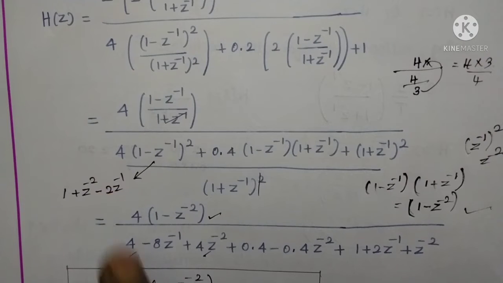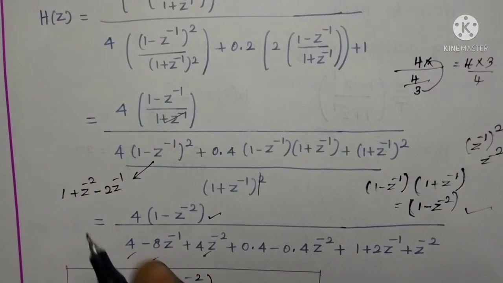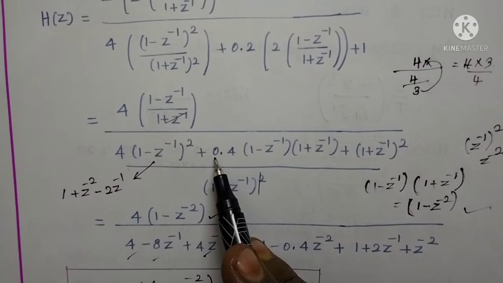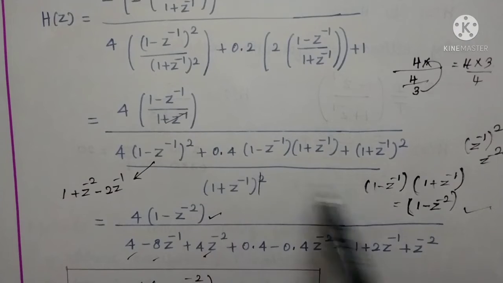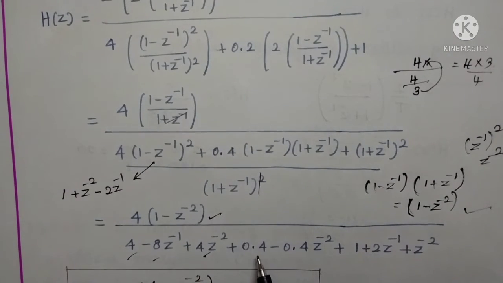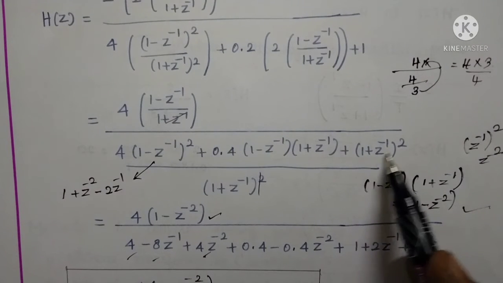4 into minus 2 z inverse, we will get minus 8 z power minus 1. So these three terms. Next we have 0.4 into 1 minus z power minus 2. So 0.4 minus 0.4 into z power minus 2 plus, and the last term is a plus b the whole